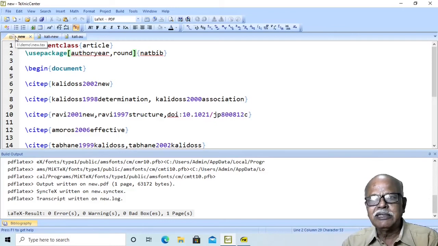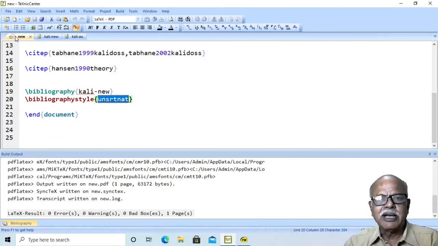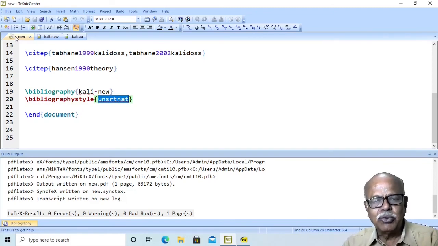I strongly recommend that you use the BibTeX method for using bibliography in LaTeX files. In that case, you can have any style file included here. I have already discussed the case of unsort, plain, alpha, siam, IEEEtran, etc. If the journal suggests some other style file, use that style file here. Automatically your references will be formatted as per the journal style. I again strongly recommend that you go for the BibTeX method of formatting references in your LaTeX file.